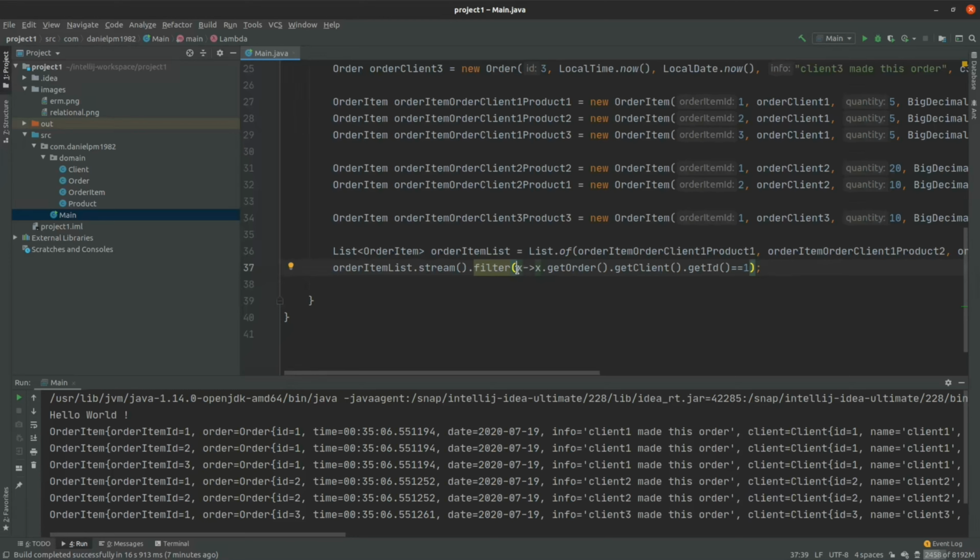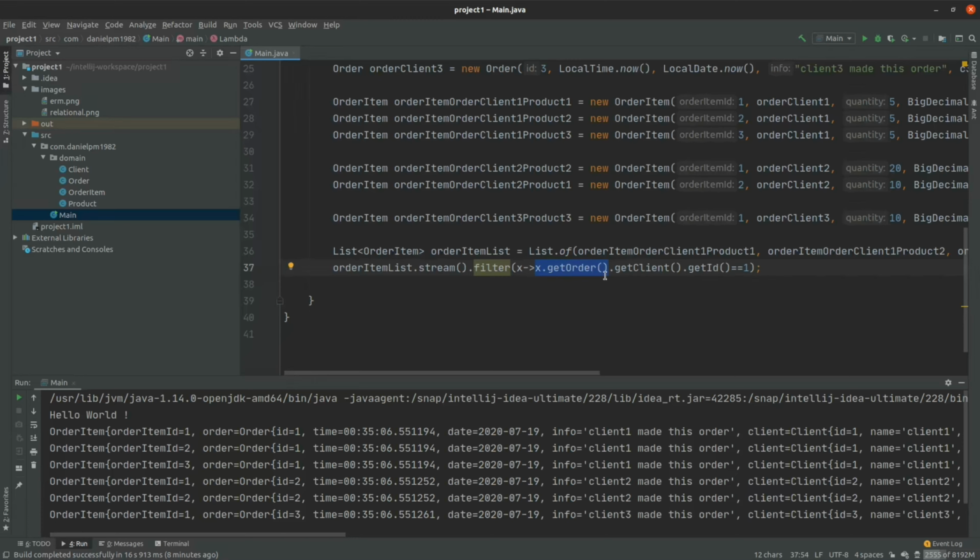So for every item on this stream, and in this case the item is another item type, so for every other item on this list, we are filtering or processing this filter operation to select the other item order,